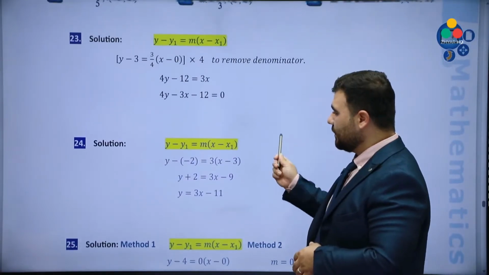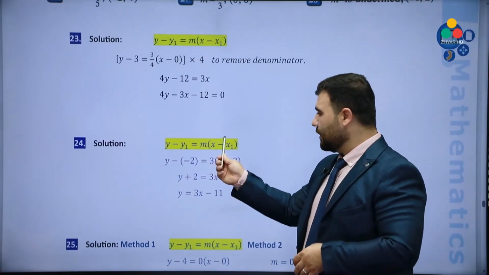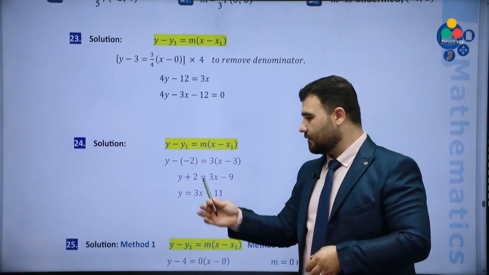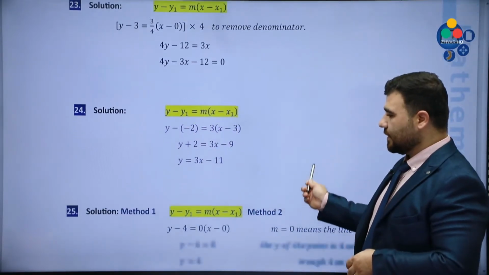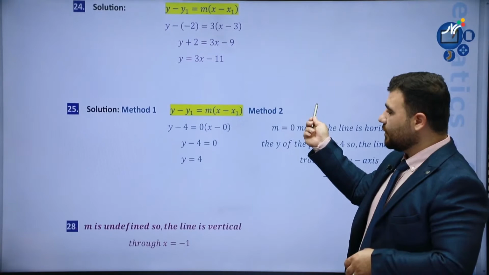24, same idea. Slope is 3. The point is (3, negative 2). And you can see the answer. For this one,